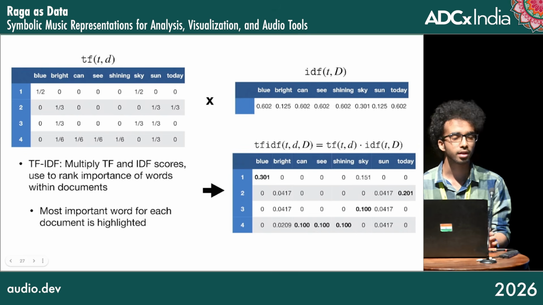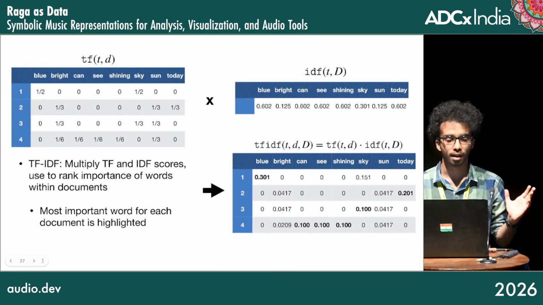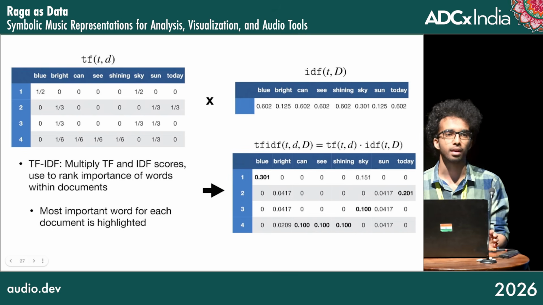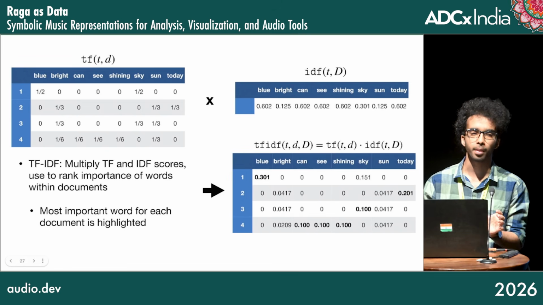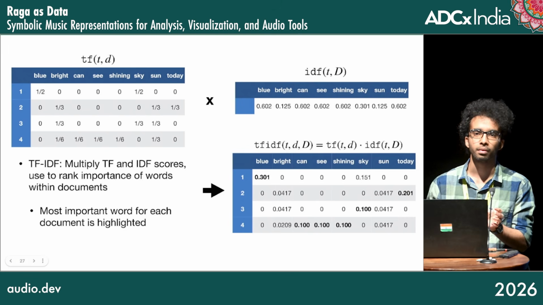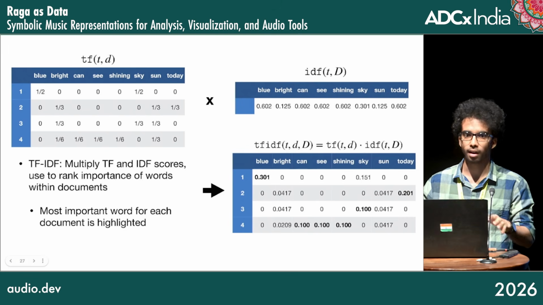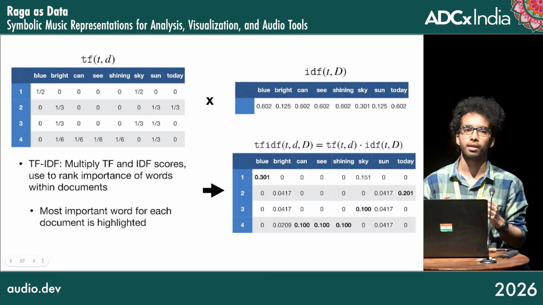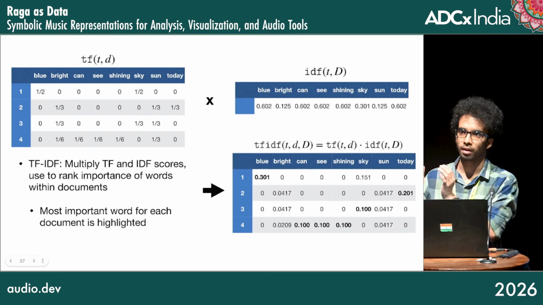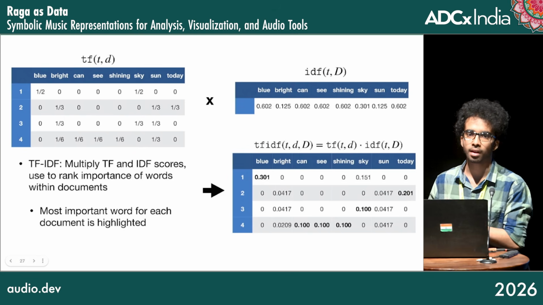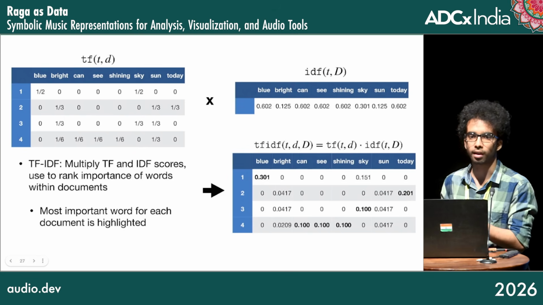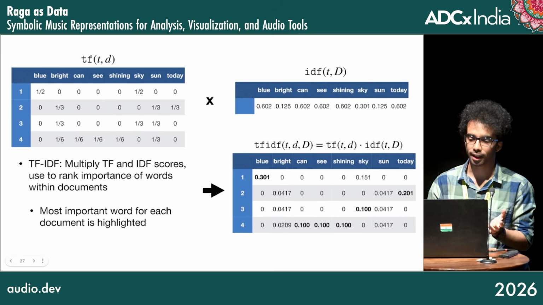Another way is to use TF-IDF. This is an idea from NLP where, for each term and document, you can find the importance of a term within a document. So for a raga, you have a sequence of notes, and from each sequence you create different words, which are n-grams, and then give importance to the words compared to all other ragas. So distinctly unique phrases in a raga show up with high values.